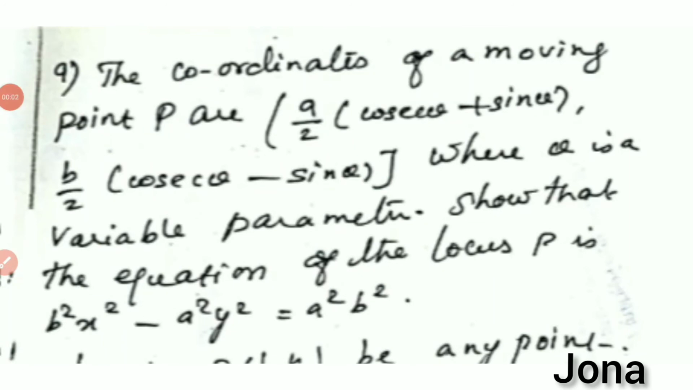Ninth problem. The coordinates of a moving point P are a by 2 of cosecant theta plus sin theta, comma, b by 2 of cosecant theta minus sin theta, where theta is a variable parameter. Show that the equation of the locus of P is b square x square minus a square y square equal to a square b square. We want to prove the locus, and here the given points are,